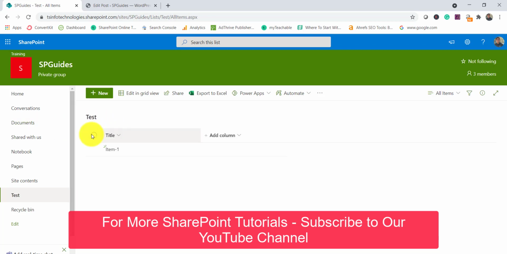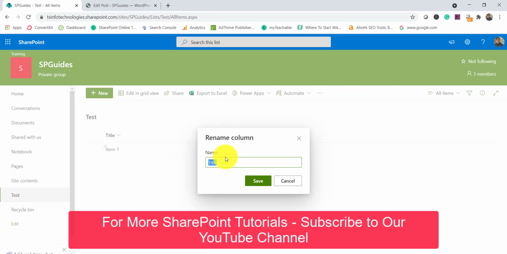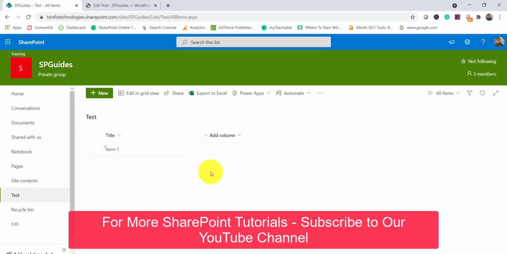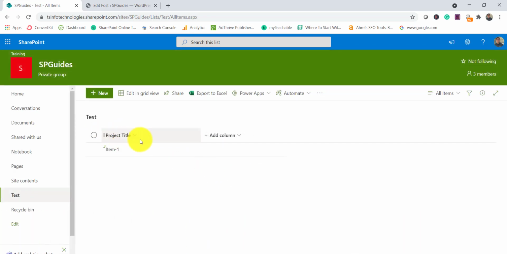Now in the modern experience it is quite easy. So you can go to the column setting, you can see here there is the title column, and you can change it to, so for example I will say project title here. You can see that is the thing that you can do here. You can save it. Now it becomes a project title column. So this is available in the modern experience.